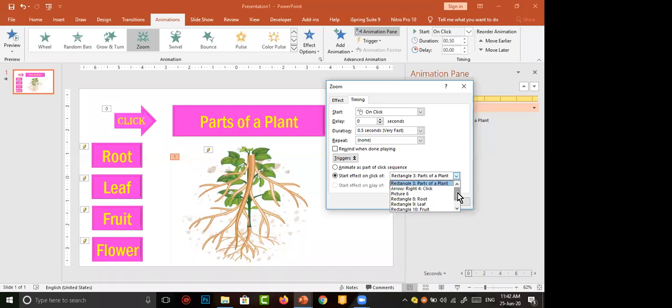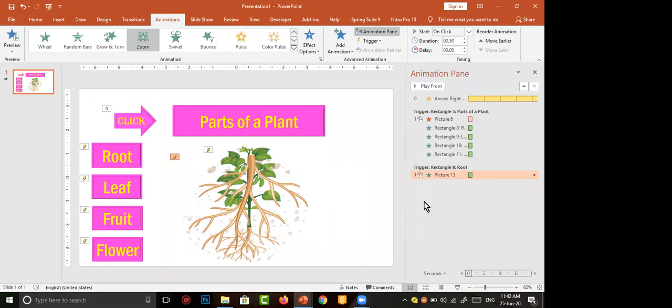Now I want to give animation for the root. Root should appear when we click on the root. So I want to select Rectangle 8 with the name root. You have to click on it, then click OK. Then another trigger will be automatically present here.